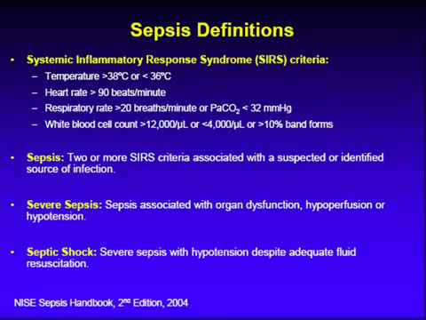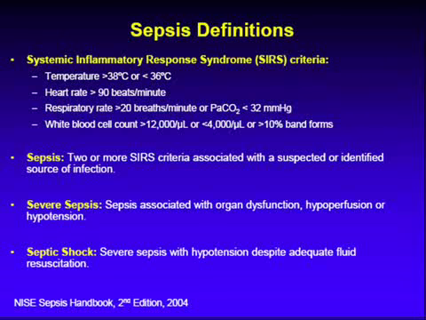So here we have our sepsis definitions. Sepsis is defined as 2 or more SIRS criteria associated with a suspected or identified source of infection. SIRS is the Systemic Inflammatory Response Syndrome. It consists of 4 criteria, and as shown here: a temperature of greater than 38 degrees Celsius or less than